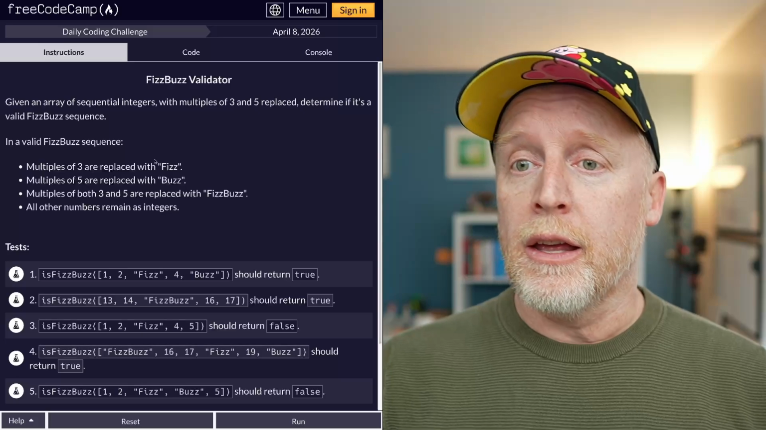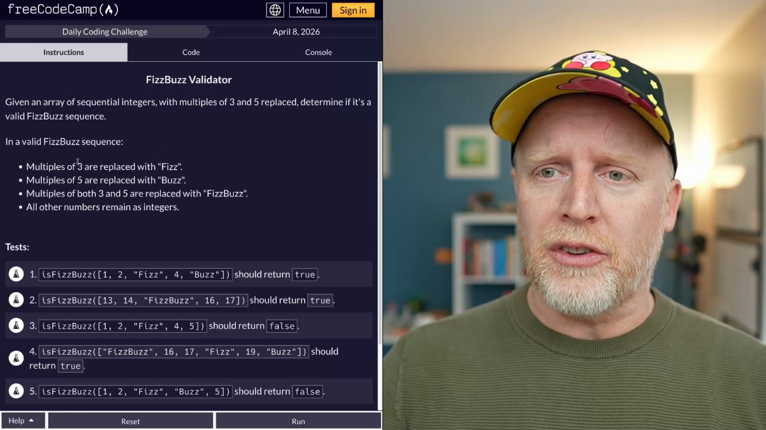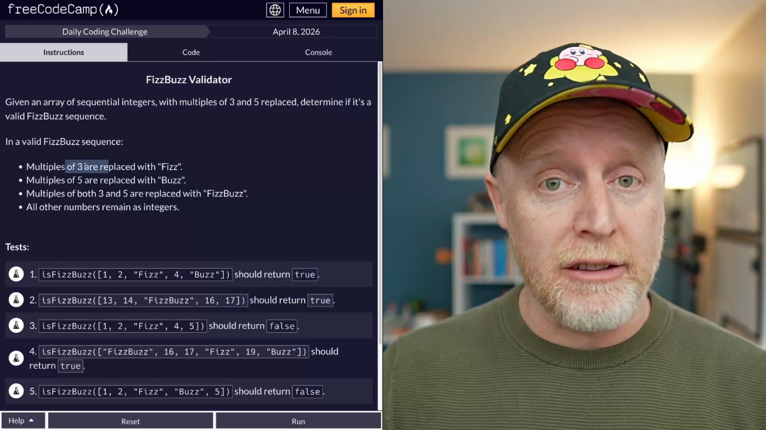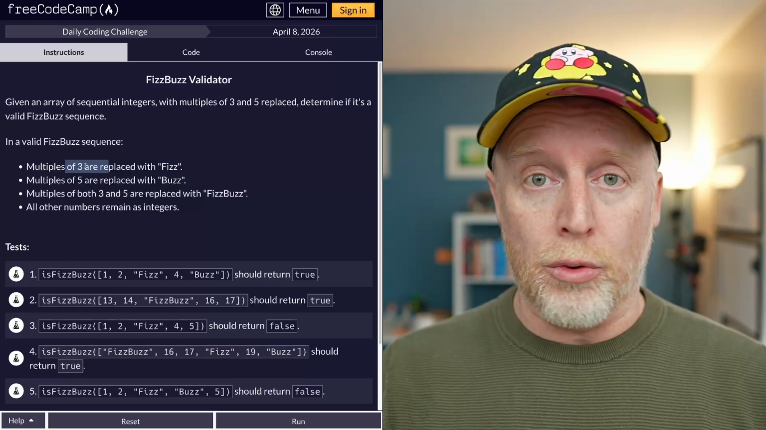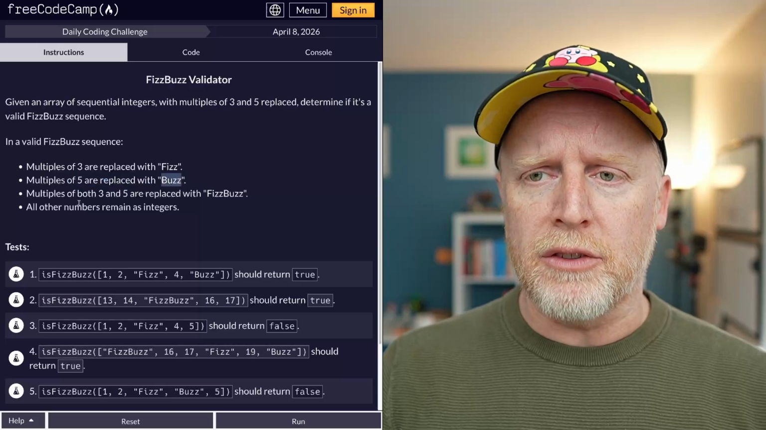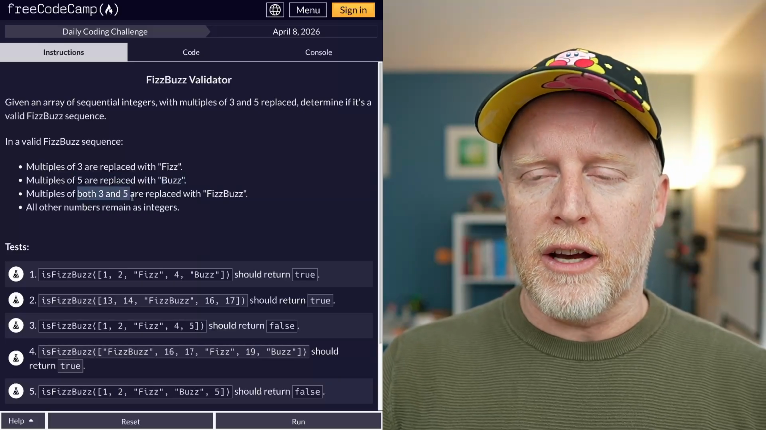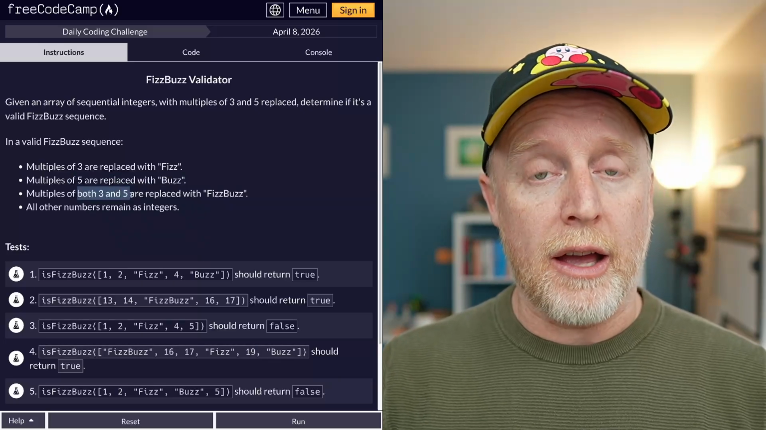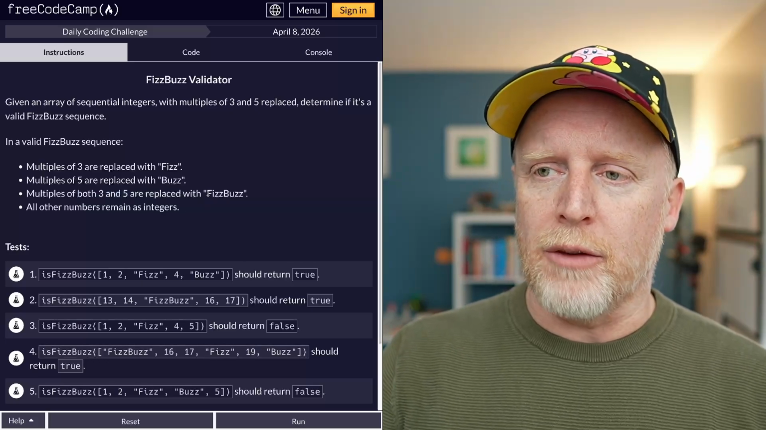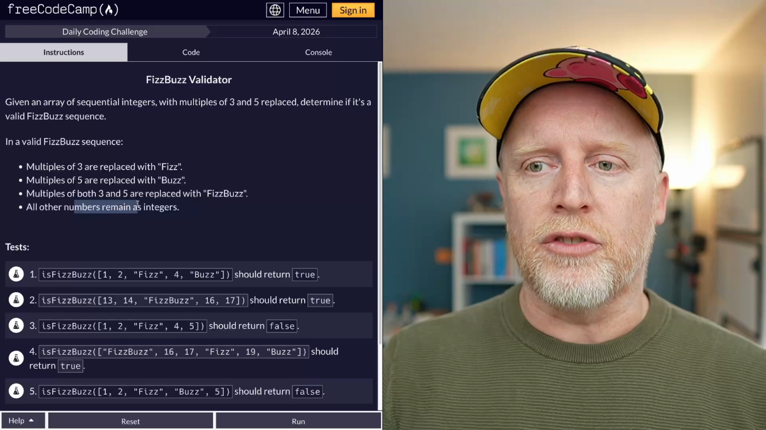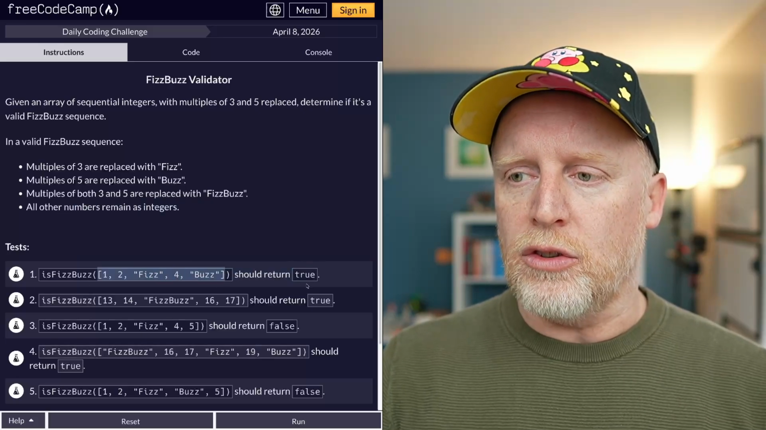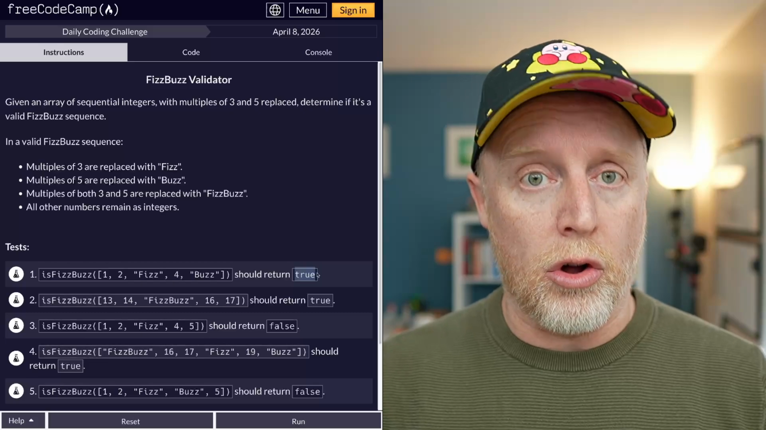Just to remind you, FizzBuzz: divide by 3. If you divide by 3 cleanly, right, so no remainder, then we do fizz. If you can divide by 5, we do buzz. If it's a multiple of 3 and 5, like 15 or 30 as an example, then return fizzbuzz. Otherwise, just return the number. We get that as an array here, and we need to test to see if it follows all of those